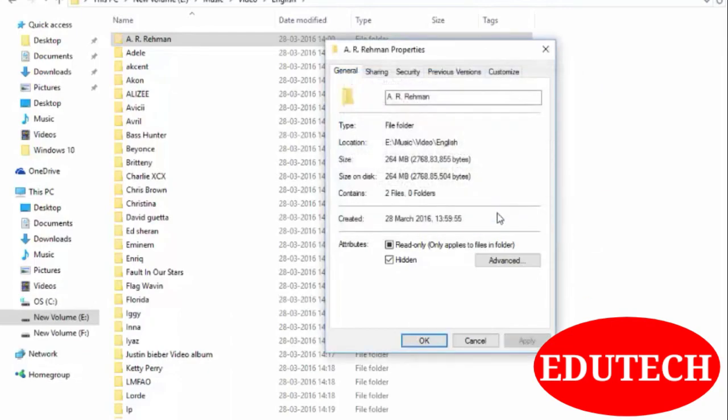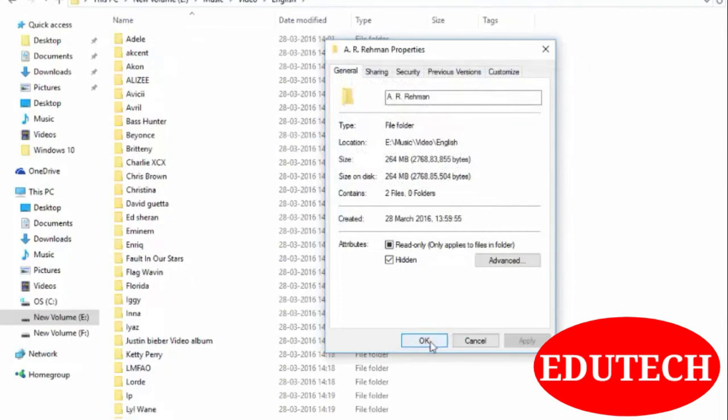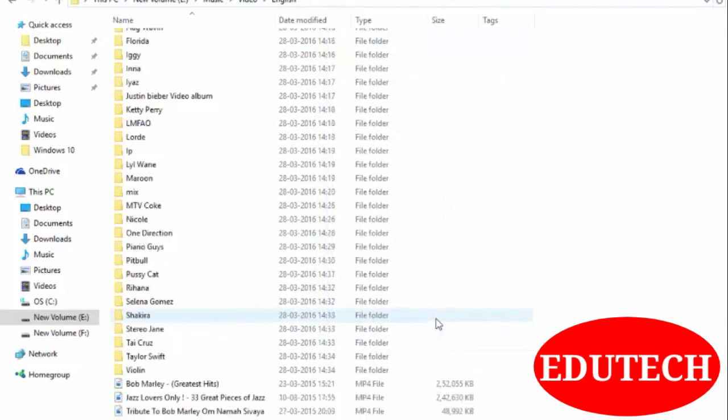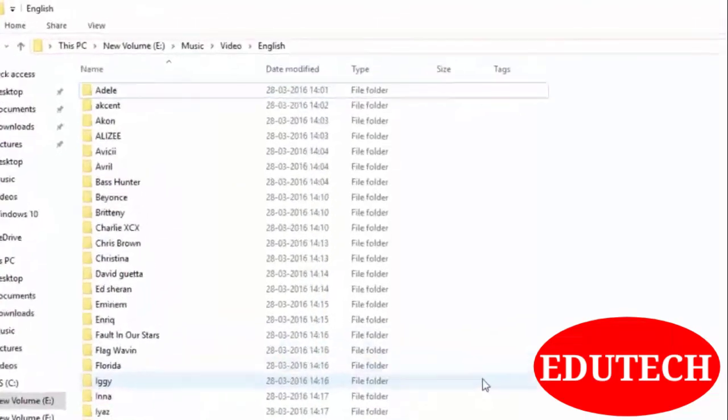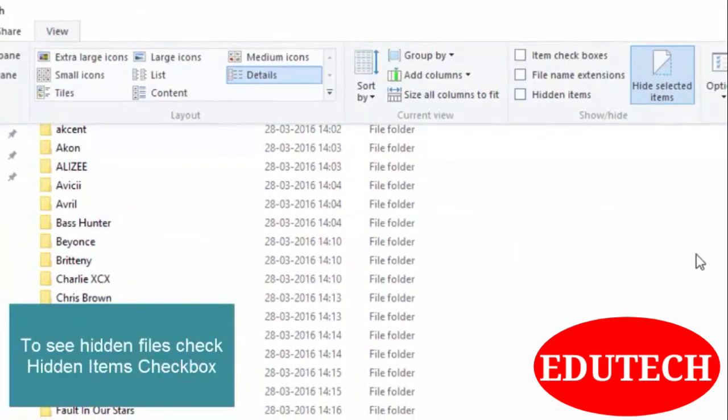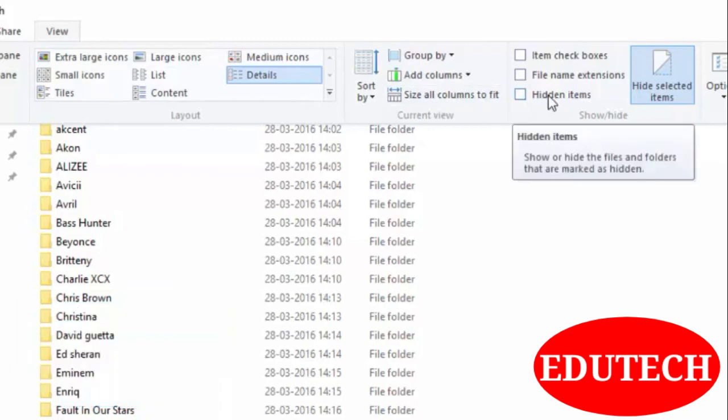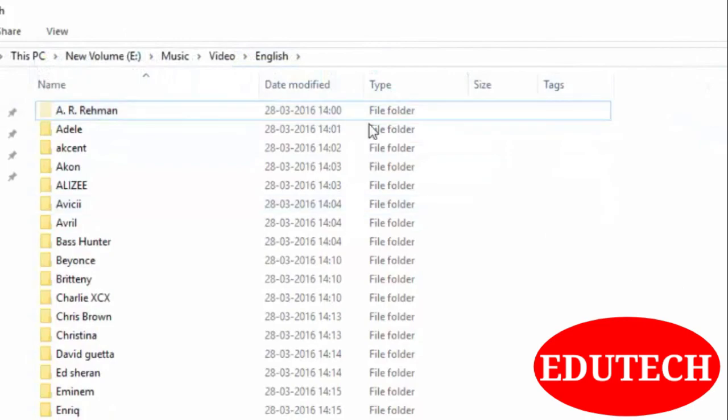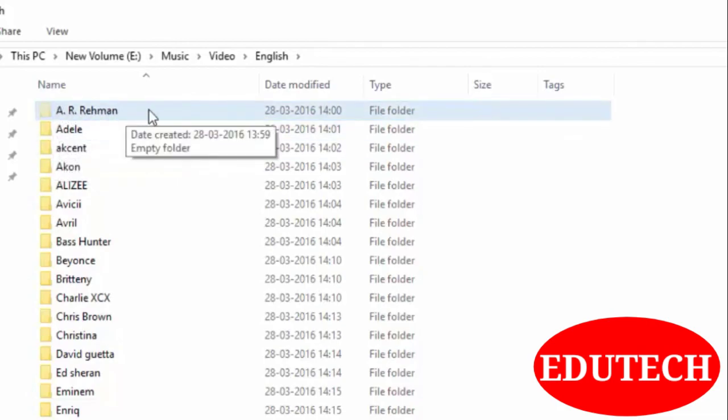Click on OK if you agree and click on this OK button. So that folder will now be hidden. Now if you want to see hidden items, then go to the view menu and click on this hidden items checkbox.